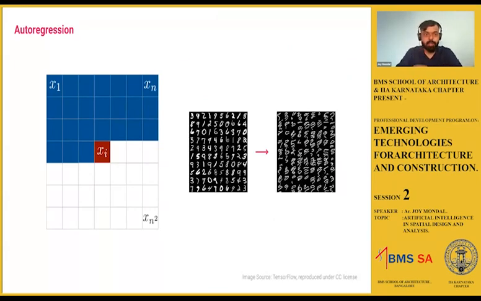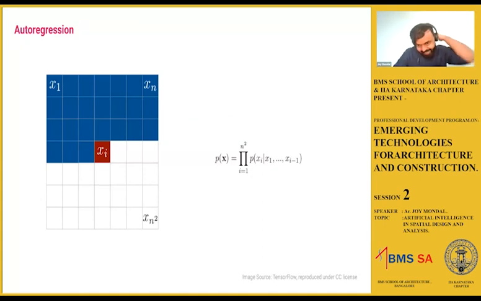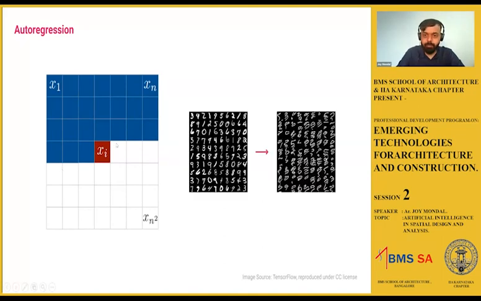There are ready-made algorithms called autoregressive algorithms, which read an image and then calculate a probability distribution of the pixel values. In other words, once it has read from a whole bunch of images, while generating a new image similar to those previous images, if it has to predict the color for a particular pixel, then it will go back to the probability distribution of the pixel values of all the other images and interpolate what the value would be. Which leads us to certain examples. If you Google autoregressive AI, you'll find these images as examples,